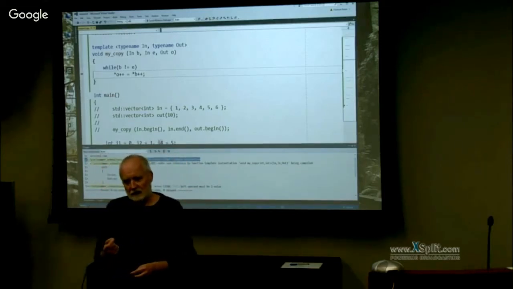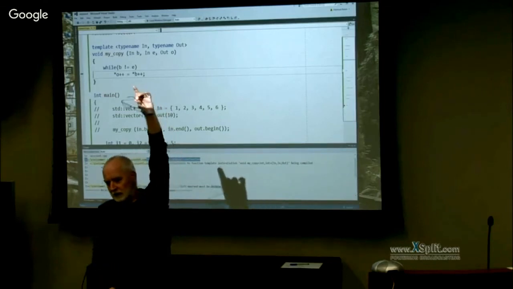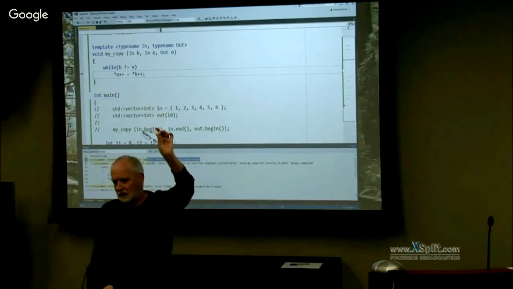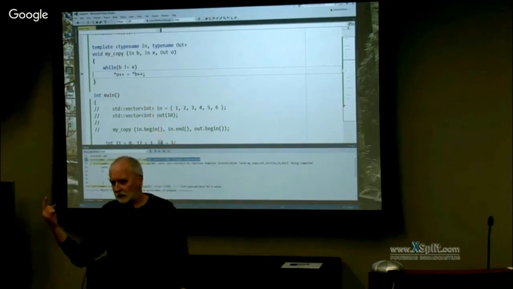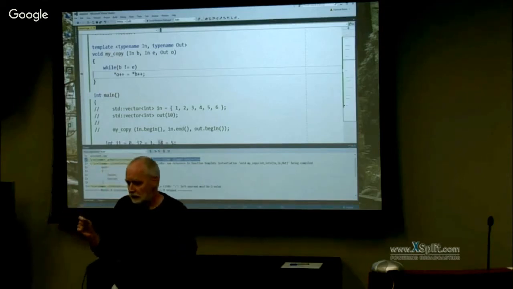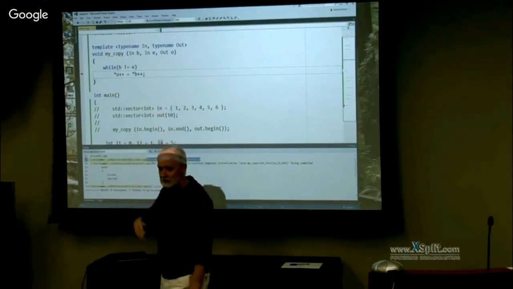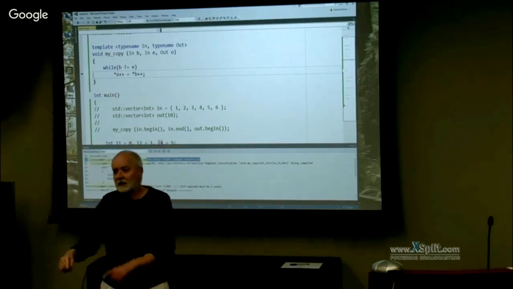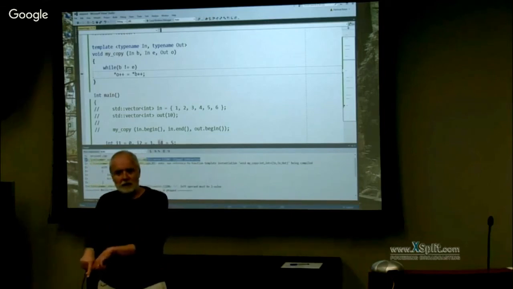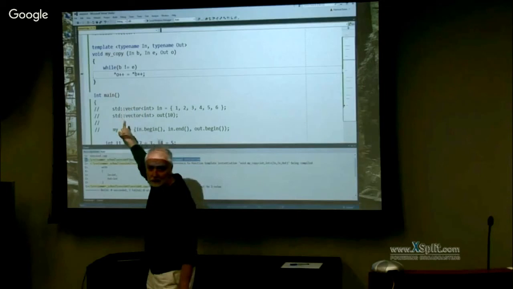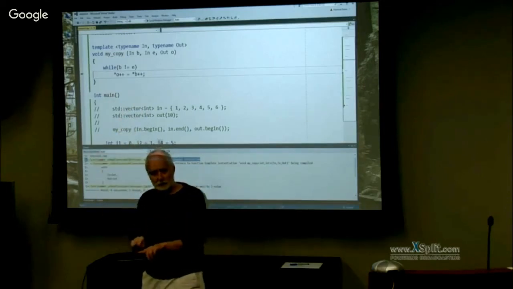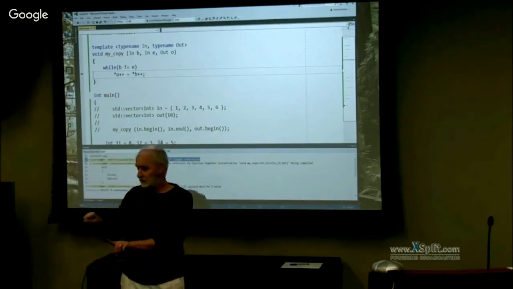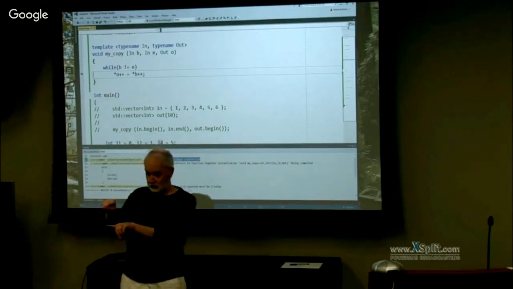Because if you ever have done template programming, you have stumbled over these error messages. Right? Megabytes of error messages because you forgot a semicolon somewhere. And the reason for that is that if you have a template function which is being called in a template function, which is being called in a template function, and that lowermost template function runs into an error like that, because one of the types you're passing through doesn't support the operation you requested, it will tell you, yeah, I found an error there, and by the way, it's in the context of that thing, and in the context of that thing, and in the context of that thing.